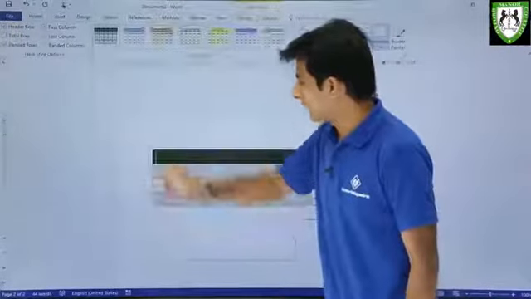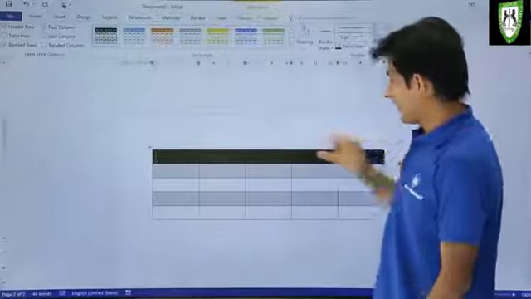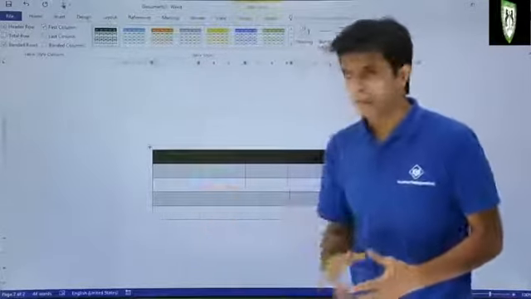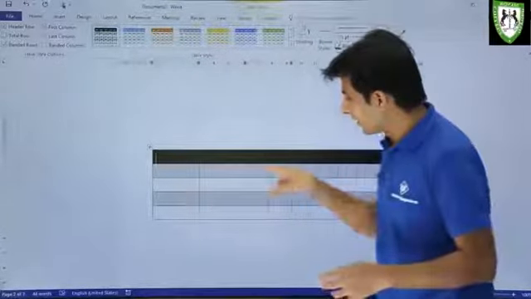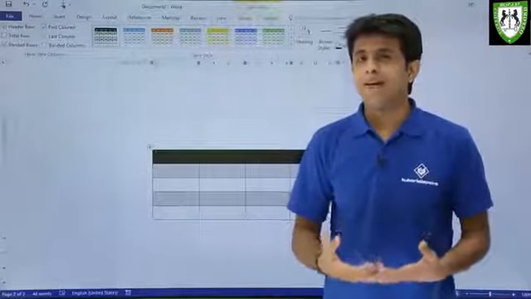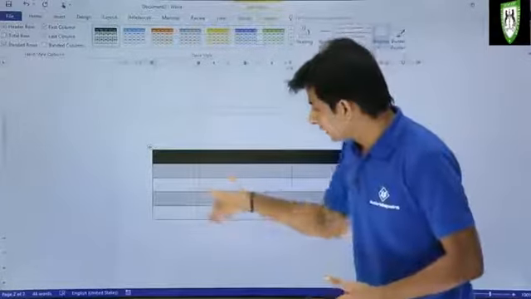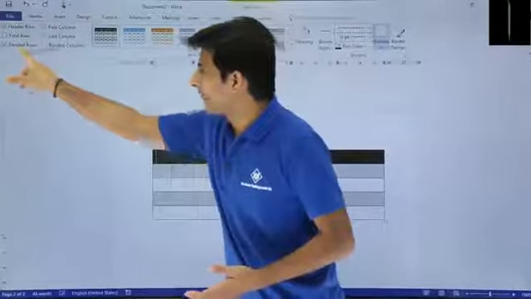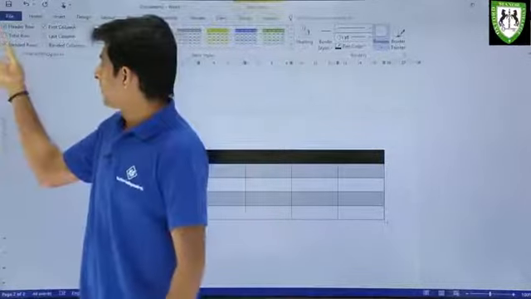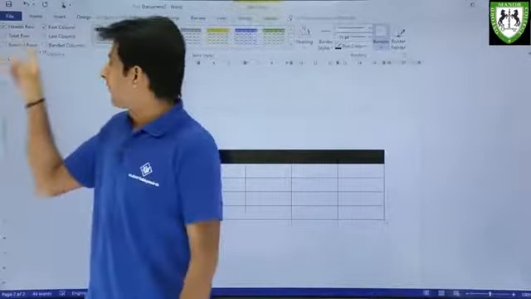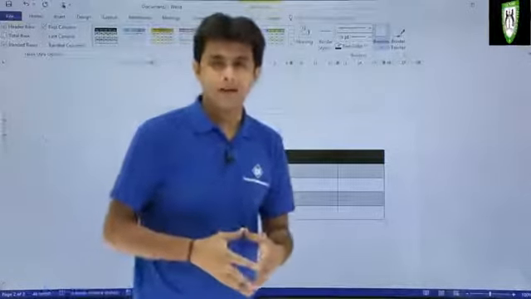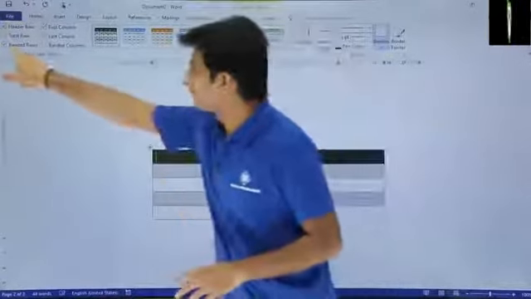Let's say I'll select this black one, and you see the first row has been highlighted because it contains heading of the table. The alternate rows are given here, and if you observe, alternate rows have been colored, right? Alternate rows have been colored. So that is nothing but known as banded rows, right? Alternate rows are colored. Here if you see, that is the table style options, banded rows. So if I click on banded rows, observe what will happen. So I'll just select it. You see what happened. If I click on that, it came back. So alternate rows will be colored. That is nothing but banded rows. I'll just remove that. I do not want.